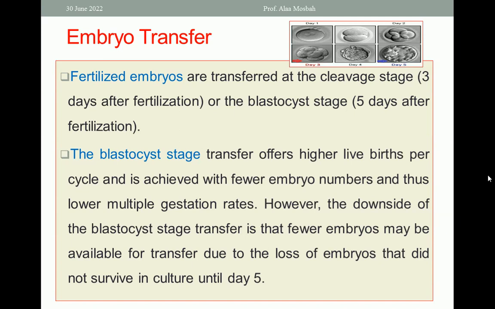So, until day 3, there are more embryos. Until day 5, there are fewer embryos available because they may not survive in culture. Okay? However, the success rate of day 5 is better, and the number of embryos at this blastocyst stage is less, and if we transfer fewer embryos, this is important to avoid multiple pregnancy and its complications. Okay,